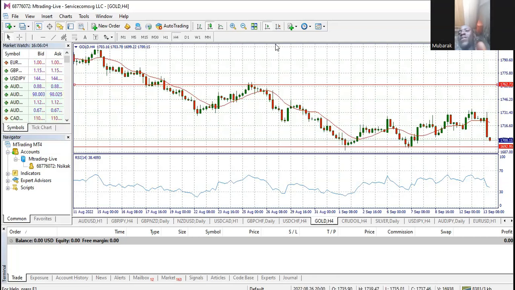But you can see here, the market just ended as a bearish engulfing bar. This four-hour time frame just ended as a bearish engulfing bar. So the chances of pushing below this region are possible. There's a chance that it could push below this support region.